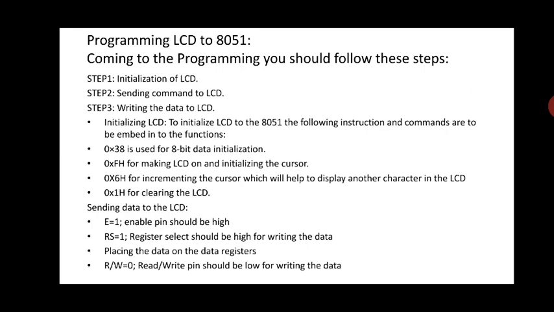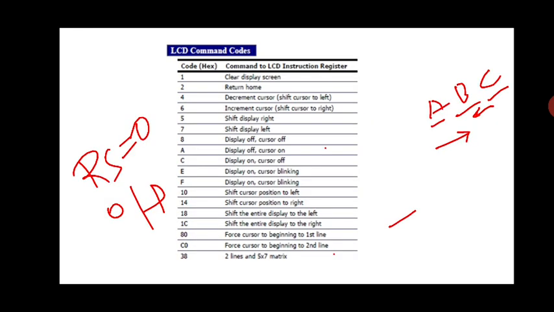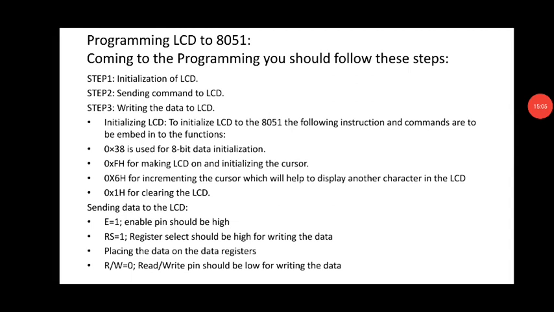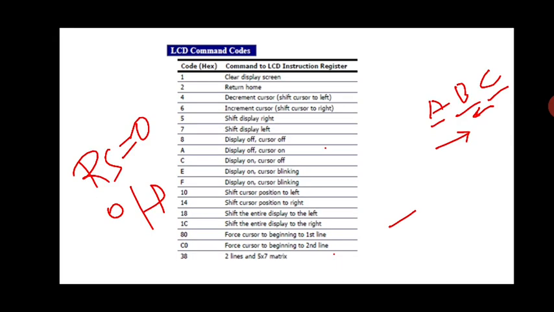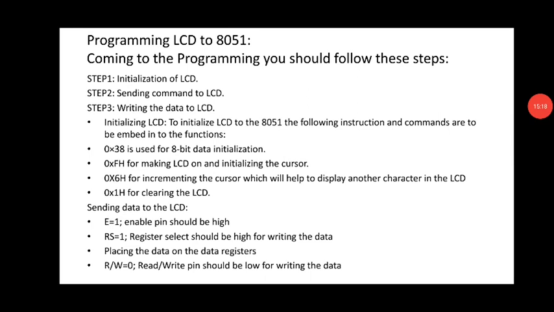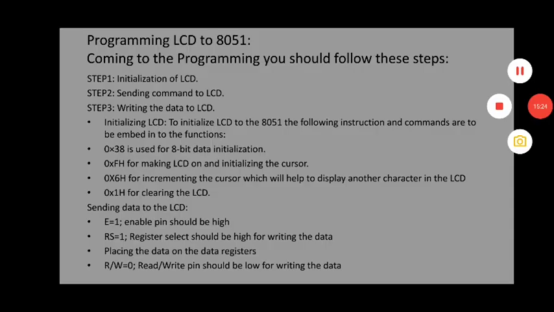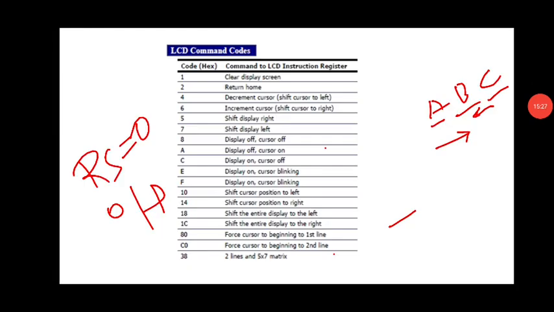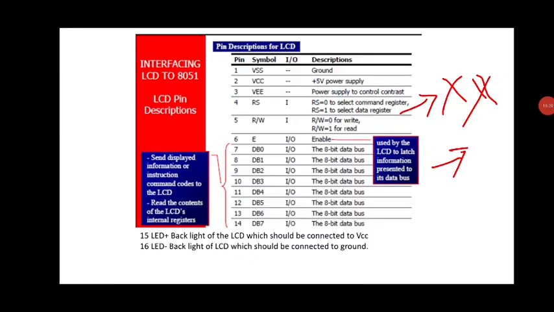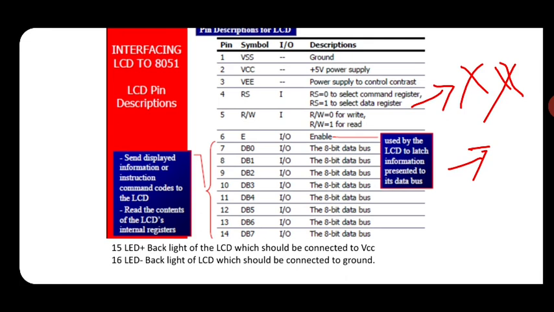And 1 for clearing the LCD. Once the data is displayed, it needs to be cleared, through the sending of 1. Now once the command has been sent through the port bits, next we need to send the data to the LCD. As I told, we need to enable again. Before we send the data bits to the LCD for display, we need to make enable high.